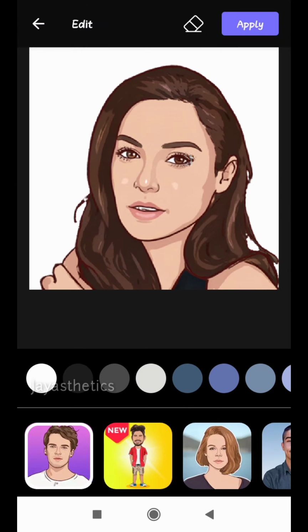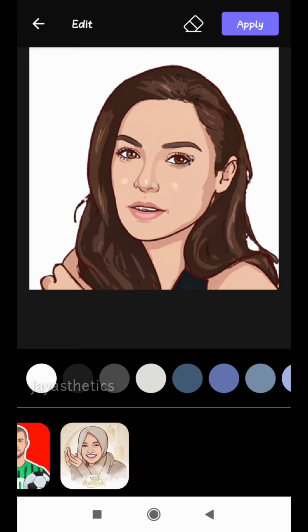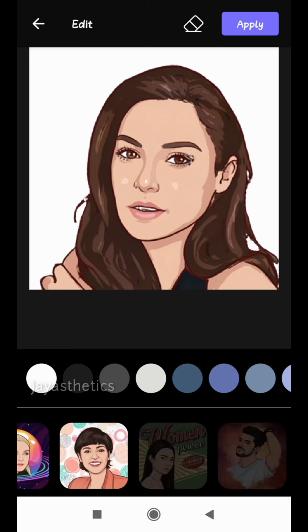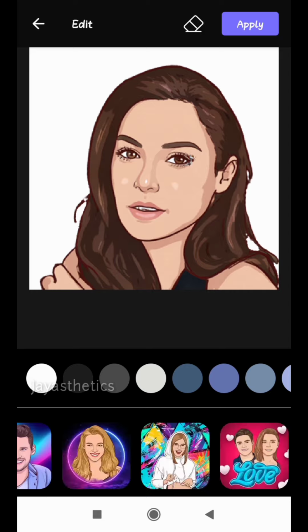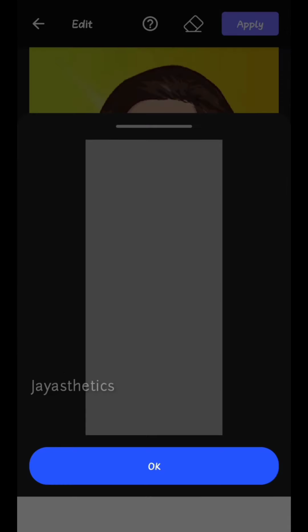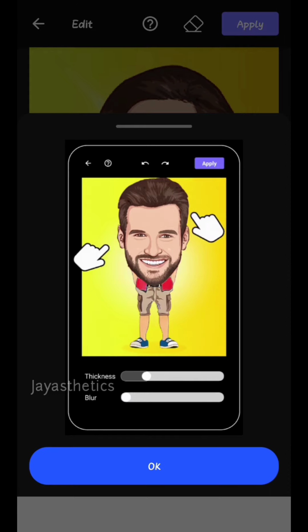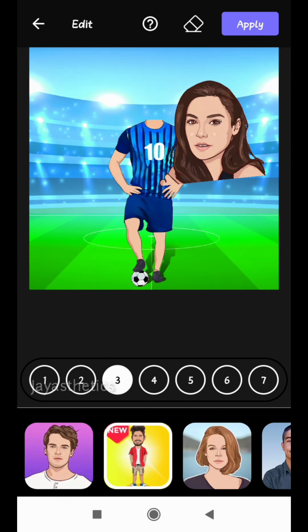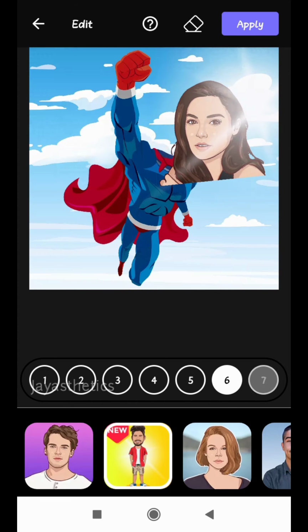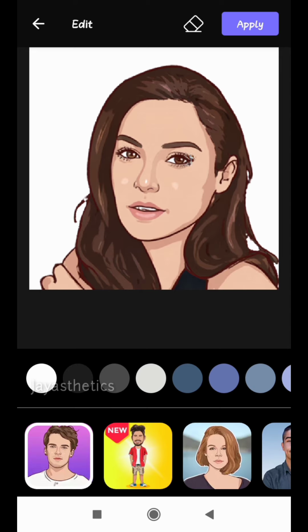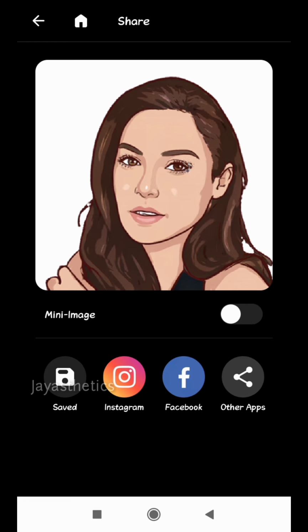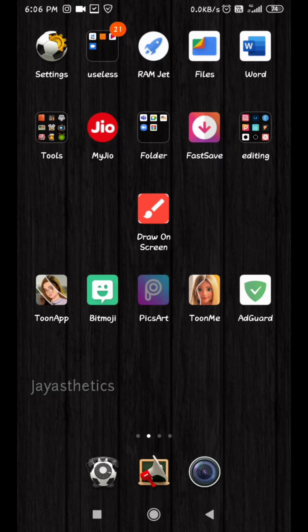Here also some costumes are available, but if you like then you can choose, otherwise leave it. But these are available only for boys. So I have created some bitmojis of costumes through the Bitmoji app and downloaded them. You can also try creating costumes of your choice through the Bitmoji app. Download it fast so that you can create it yourself, and you just have to rub the face part.